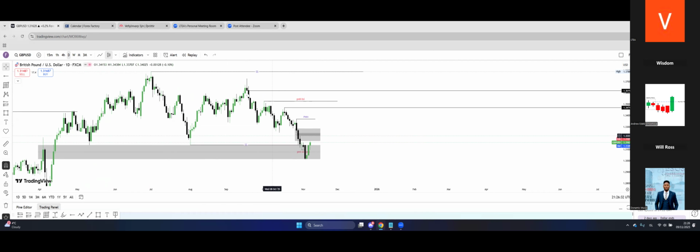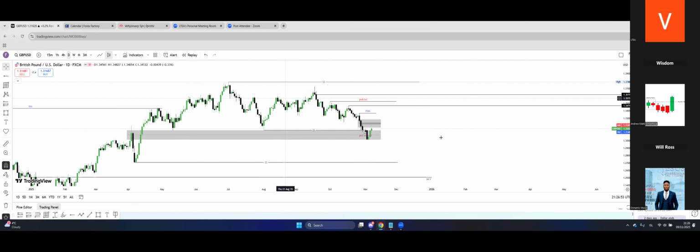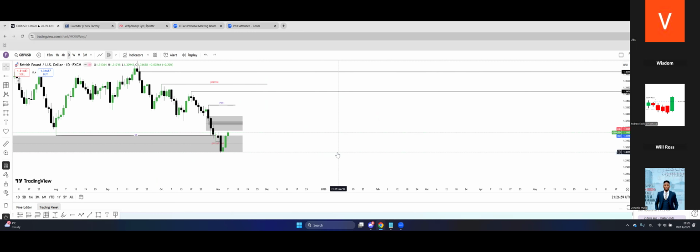For sure, price is showing us signs of downside, like I explained from the higher time frame. Nothing is telling us that price is going higher yet, but from the smaller time frame, we will eventually see or know if price is going higher or we continue going down. But we already have our buy side liquidity and sell side liquidity mapped out. Now, from this daily time frame, again, I'm going to repeat myself, there is what we call change in state of delivery, which all of you already know, right?